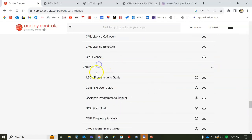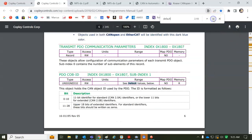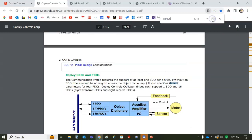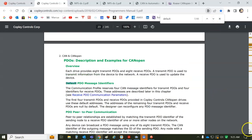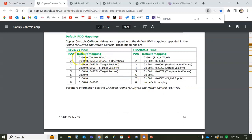And so here's the manual, the CANopen Programmer's Manual. And this has everything you need to know about the default PDO mappings when you turn the power on. The CANopen drive comes up. This is also the EtherCAT guide, but on power up or reset, these are the default mappings. And you've got your basic control word, which we send to the drive, so the drive receives, and then the transmit. So PDOs are already mapped. So if the master uses the default PDO mappings, you can change